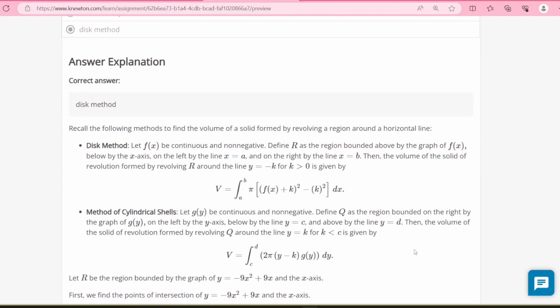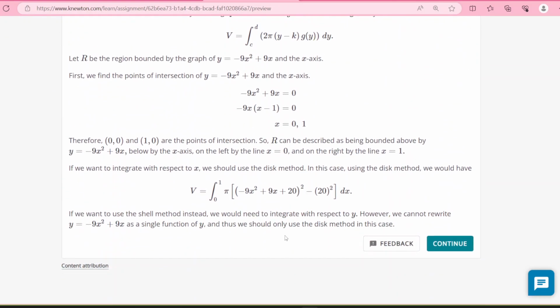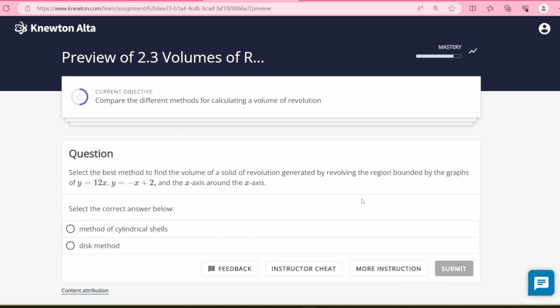Wonderful. And again, they run through it. Yeah, see, we cannot write y equals negative 9x squared plus 9x as a single function of y. Remember, there was one with the plus, one with the minus. So that caused some difficulty when trying to do it with the shell method. But with the disk method or washer method, much easier. So yet again,